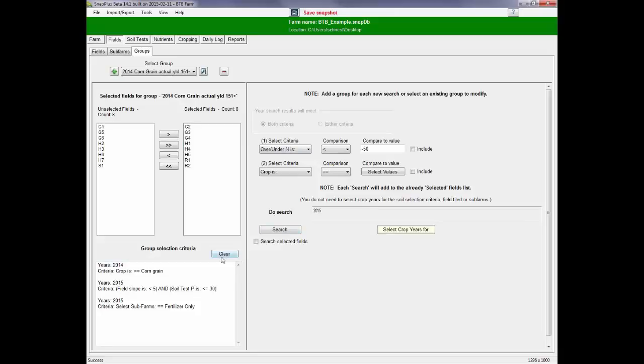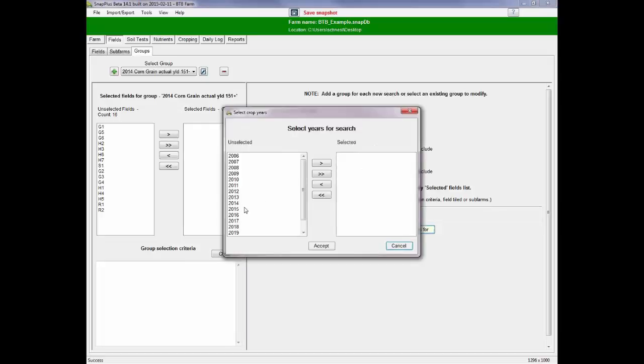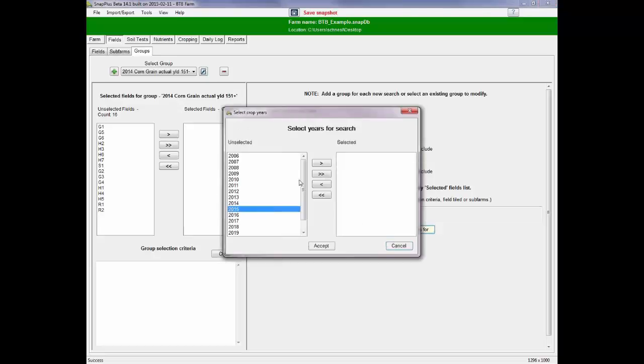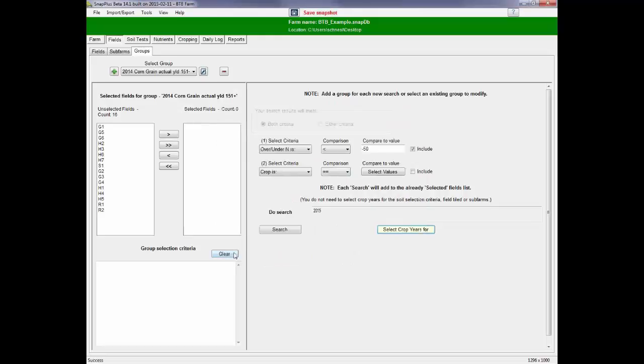I did. Okay, let's clear this. Arrow these back. And let's do over under -50. I want to include this one, and I only want 14. Oh no, I wanted 15, right? Oh, I'm confusing myself now. Sorry, guys. Accept, search. Okay, so